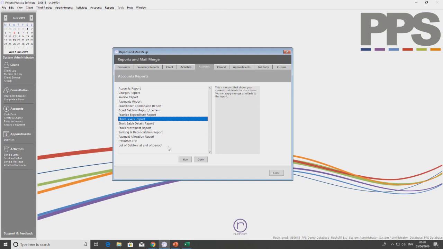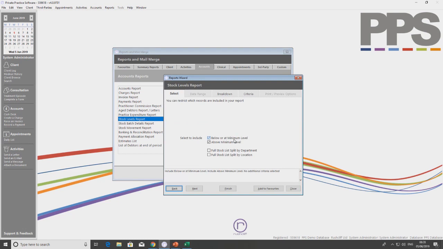So if I were to open up the stock levels report here, you'll see I've got on my select screen now to show only stuff that is below or at minimum level. So I could say I'm not bothered about anything that we've got quite a lot of. All I'm going to do is run a report to see what we need to reorder at this point. If you're not using stock at the moment in PPS and you want to, it's all available under the lookup